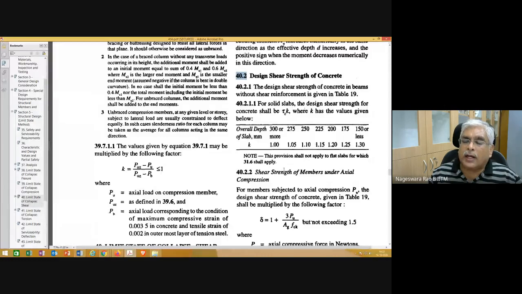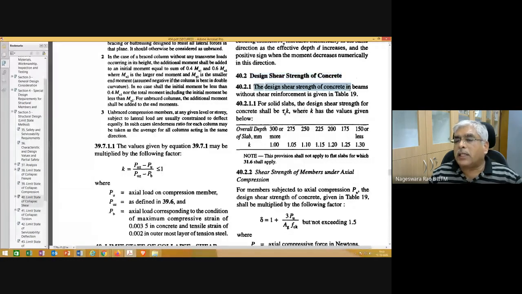You already know how to design and analyze a flexural member, a member having only flexural reinforcement. So you know the grade of concrete and how much flexural steel you provided. Once I provide that much steel in the tension region, and whatever grade of concrete I used, inherently it is going to have some strength. What is that strength? Design shear strength of concrete.